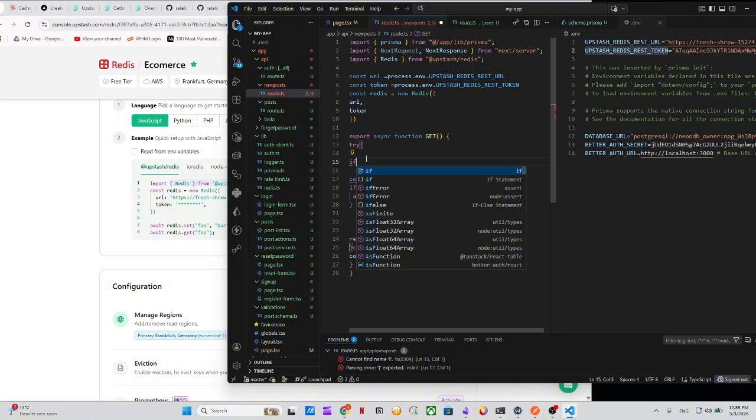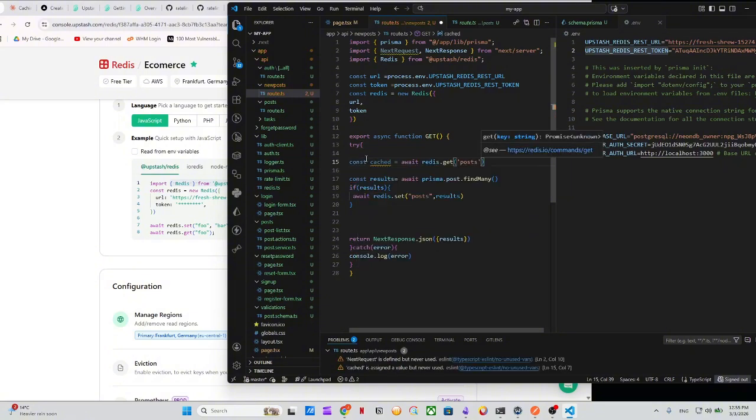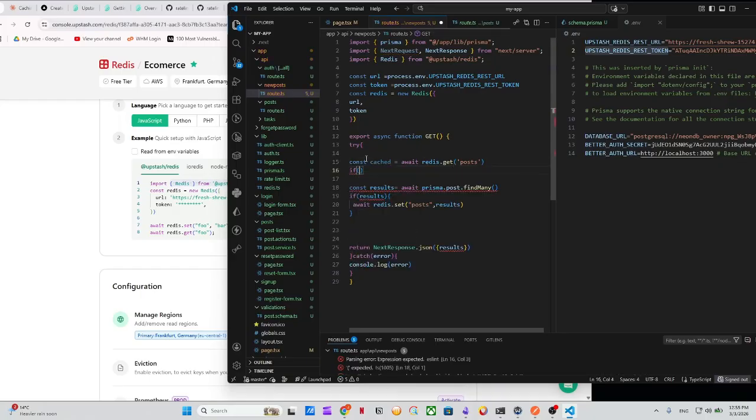I think we don't need to do anything, you can just get with this one, right? If it's available in the cache, then we don't need to do anything, we just return the cache, right? Return here